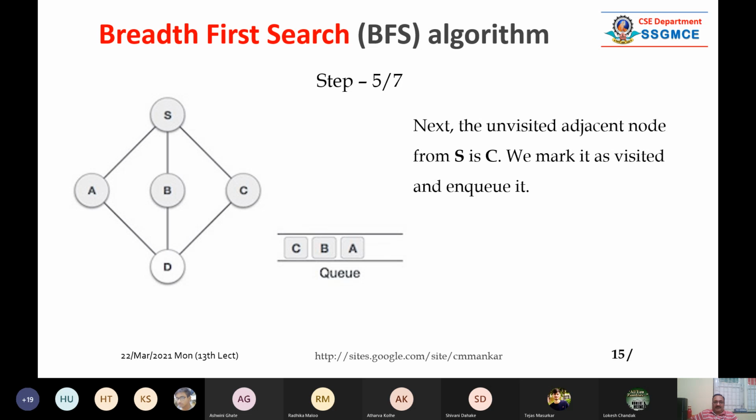Now from S, there is nothing, no node available. We cannot go from S to any other node because it is complete. S से हम मतलब B से जा सकते हैं, A तक जा सकते हैं, B तक जा सकते हैं और C तक जा सकते हैं. But S से हम directly D तक नहीं जा सकते because we did one length path. मतलब one length, one level. एक ही लेवल का हमको पाथ चाहिए, 2 लेवल का नहीं चाहिए. So this is the fifth step.